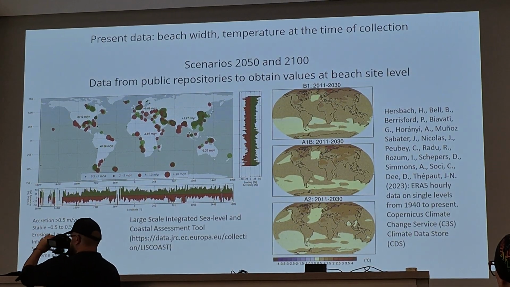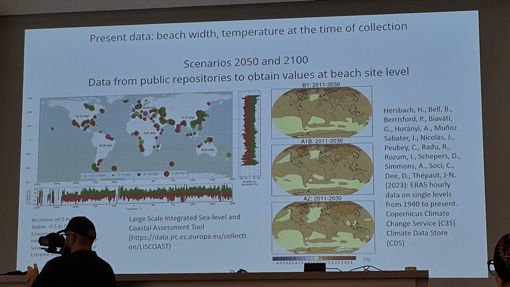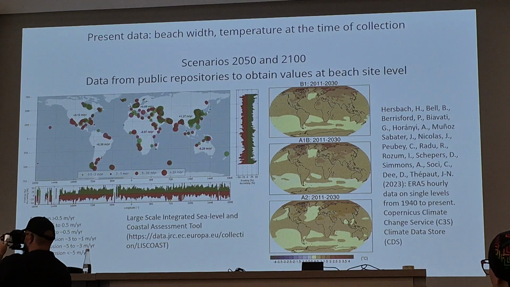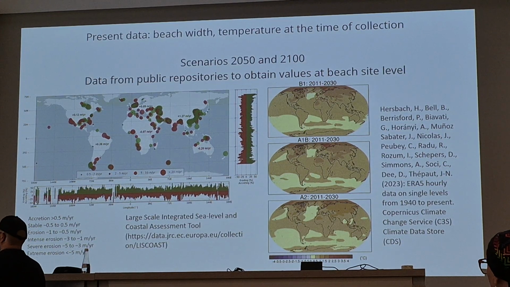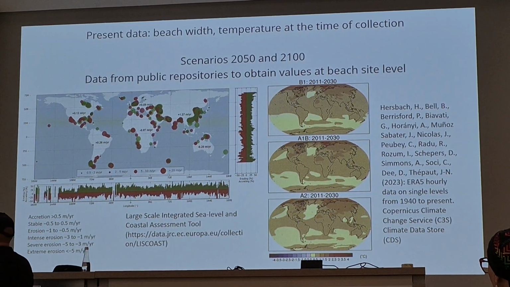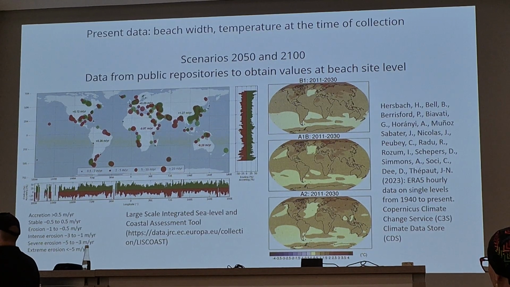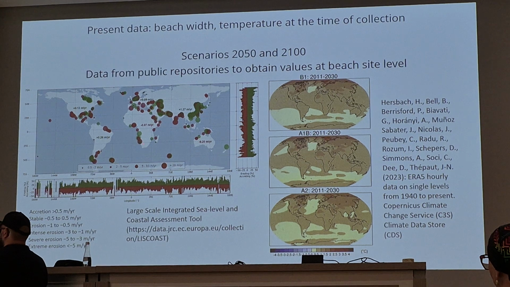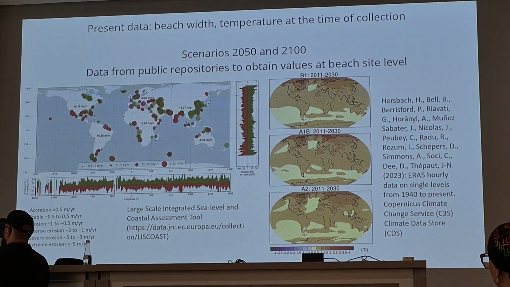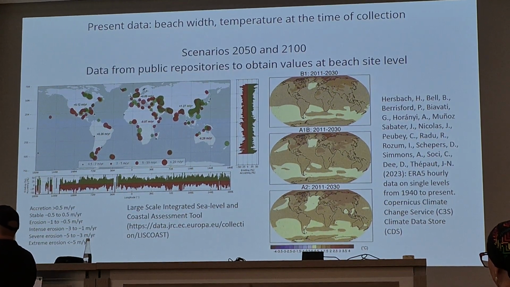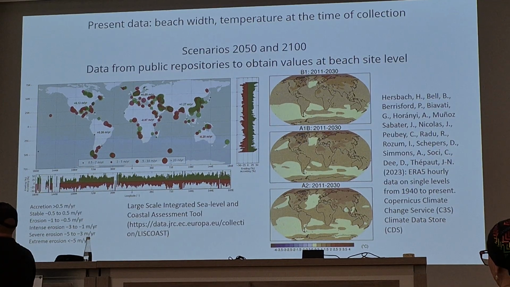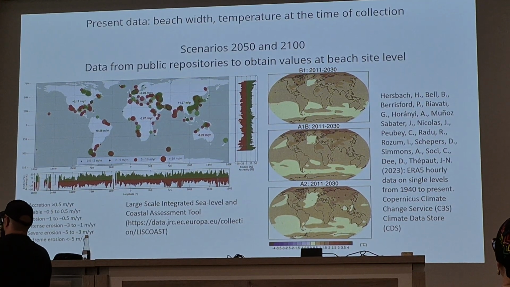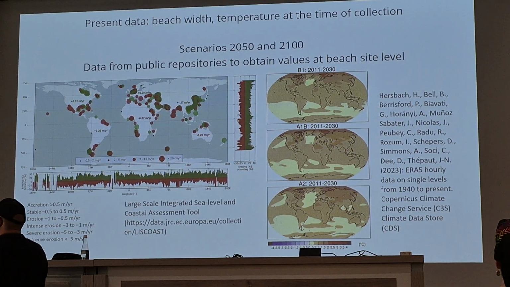Then we used major repositories. The fact that they are open access was very nice because it means they start to be used. Usually these big datasets look for users, and we were one. We basically applied the coastal erosion data. This is not complete yet, but it's a very nice visualization. The red is obviously erosion. The green is accretion, but it's still a change. And then we used the standard temperature rise estimation.